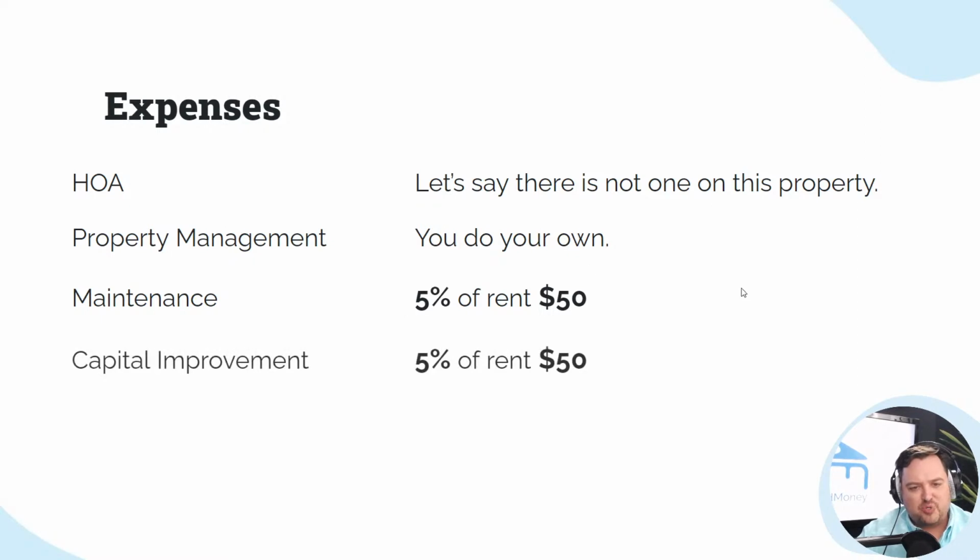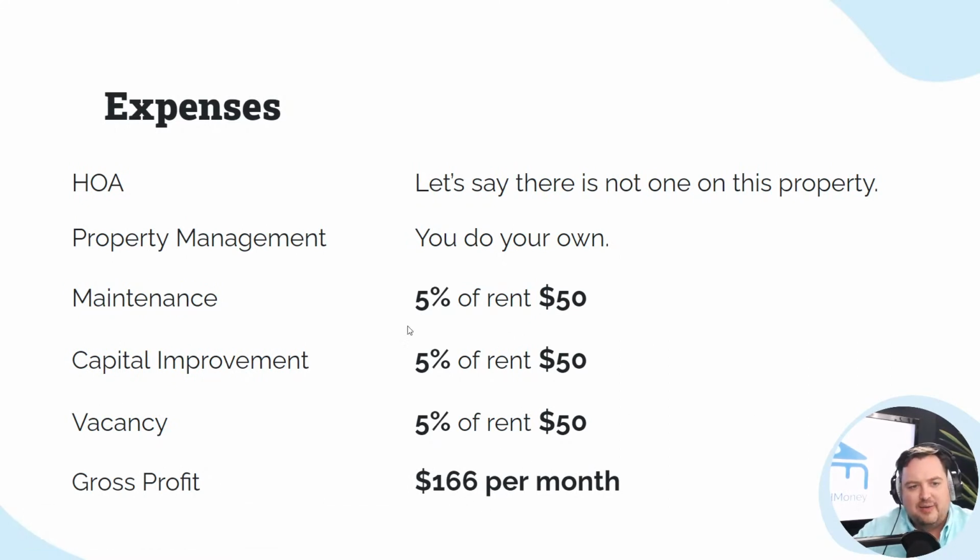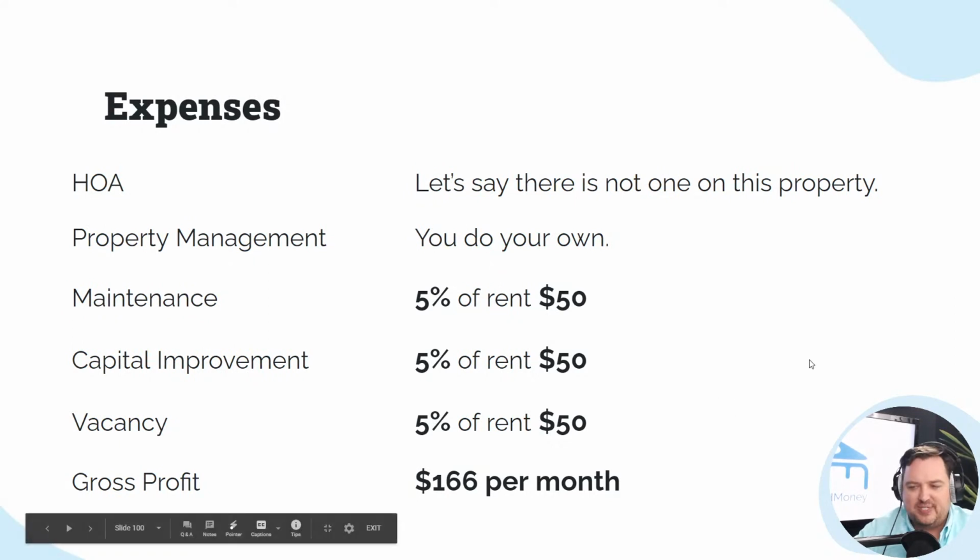You take out 5% for maintenance, which is $50, 5% per month for rent, which is $50, and 5% per month for vacancy. Keep in mind that $50 a month for vacancy, all this is my money. What I'm doing is I'm setting aside my money, so when those things happen, I can pay for it rather than have to take money out of my personal income. So gross profit, $166 per month of gross profit, but I've taken out the maintenance, the capital improvements, and the